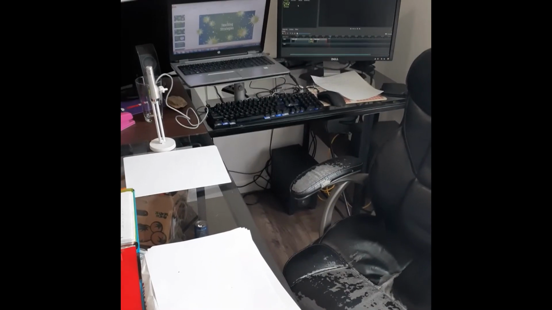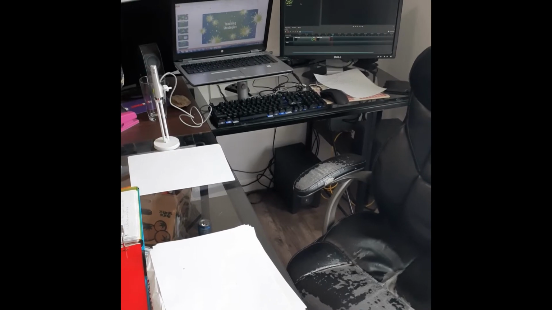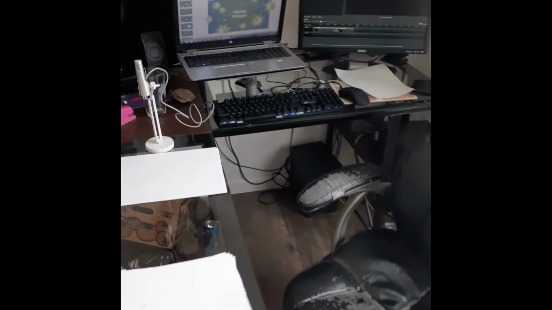So this is my setup. If you notice, I have two screens. Two screens allows for double productivity. The way I would interact with students is I would communicate with Zoom. So I just use the